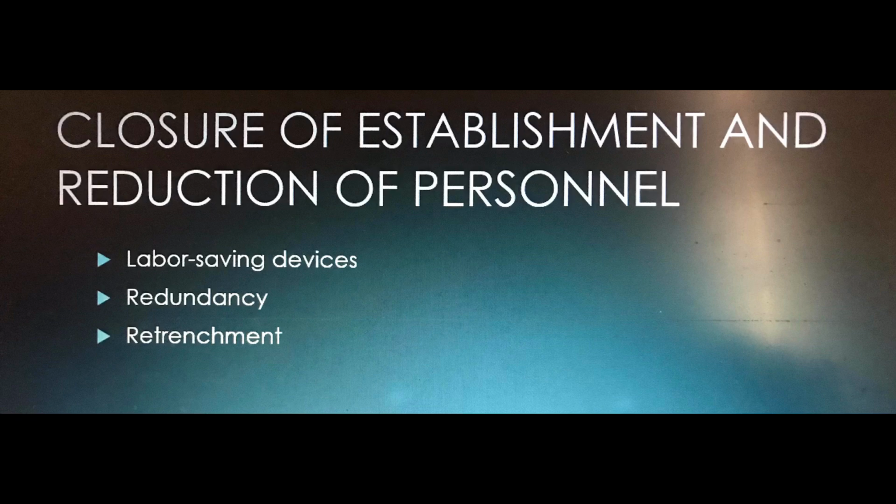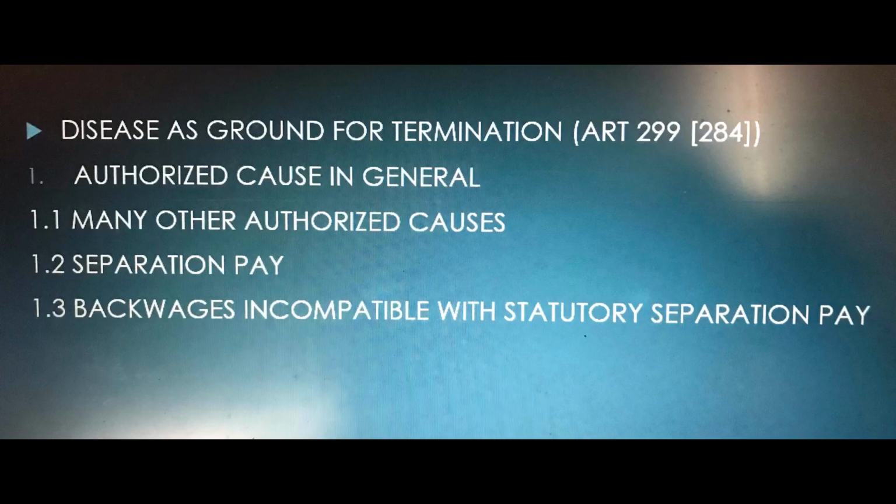The last one is retrenchment, meaning the reduction of costs or spending in response to economic difficulty, which often involves layoffs or downsizing. Also have here the Article 299, or known as disease, as ground for termination. This is when the employer terminates an employee's service who is in a state of disease which is prohibited by the law or prejudicial to his health as well as to the health of his co-employees if the employment continues. However, the employee in this state must be paid a separation pay of at least the equivalent of 1 month salary or 1/2 month salary for every year of service, whichever is greater. And also at least 6 months of work is considered as 1 whole year.